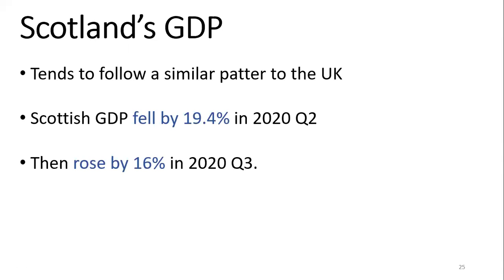As well as looking at UK GDP, we also maybe think about Scotland's GDP, not least because this class is market operations and the Scottish economy. But Scotland's GDP followed a pretty similar pattern to UK GDP. Fell by about 20% in the second quarter. Then after the economy began to open up again, there was this bounce back. So in quarter 3, GDP rose by 16%. But given we're back into lockdown, we can anticipate that it's probably declining in the first quarter of 2021.